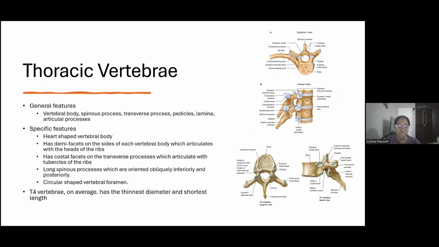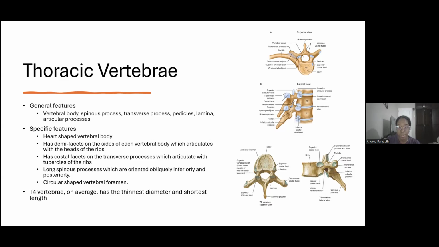For the thoracic vertebrae, they have some specific features, such as a heart-shaped vertebral body, demifacets on each side of each vertebral body, which articulate with the heads of the ribs, costal facets on the transverse processes, which articulate with the tubercles of the ribs, long spinous processes, which are oriented obliquely, inferiorly, and posteriorly, and a circular-shaped vertebral foramen. Of note, T4 vertebrae, on average, has the thinnest diameter and